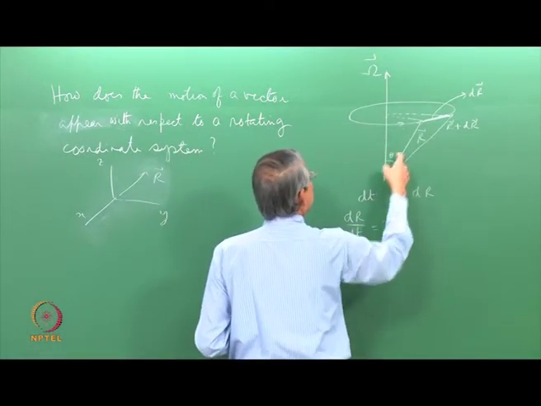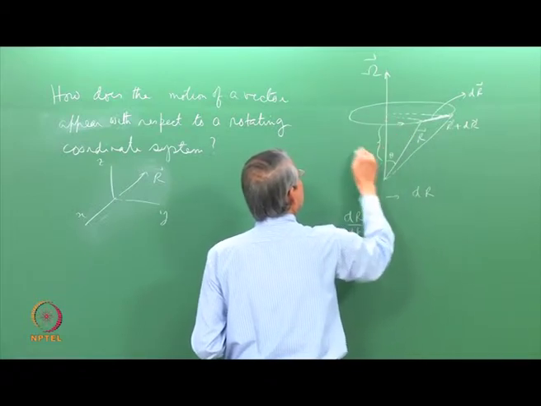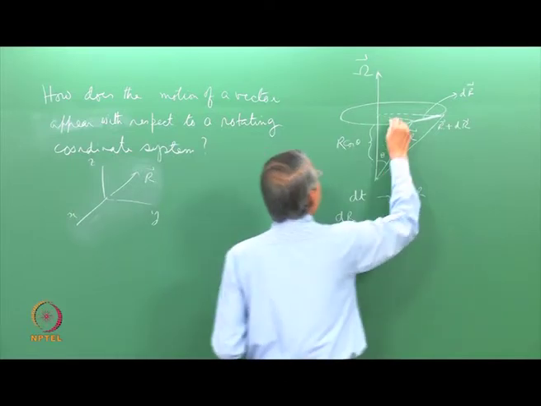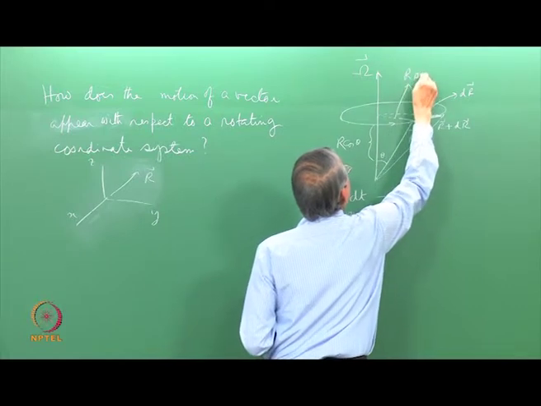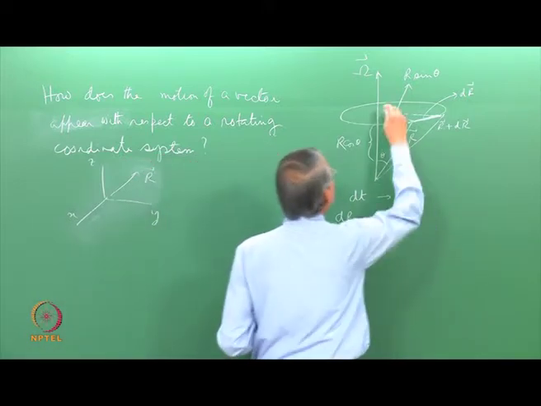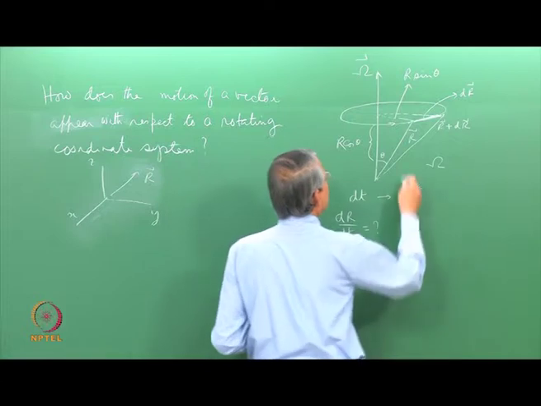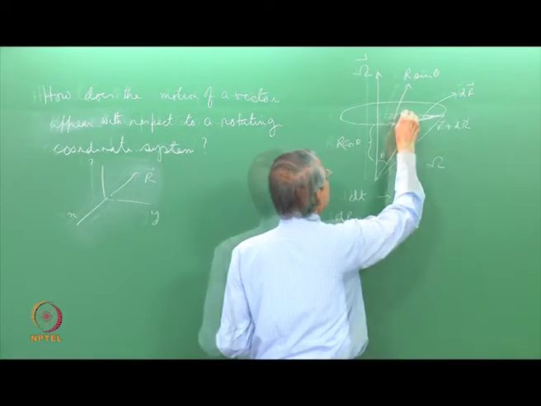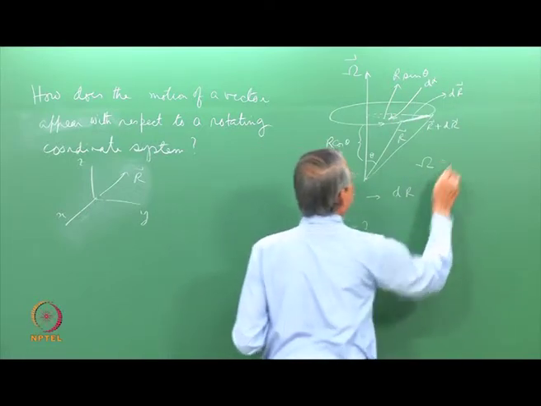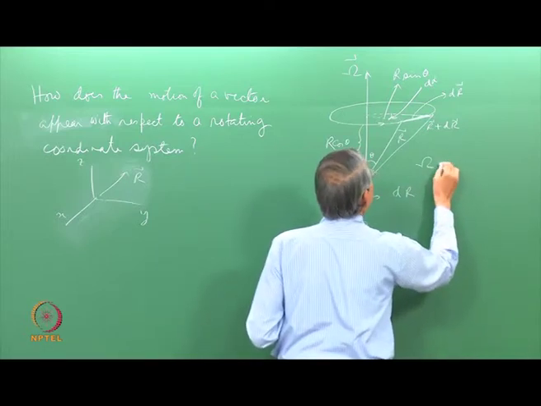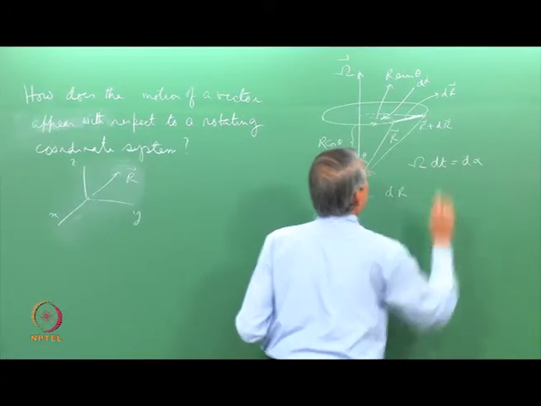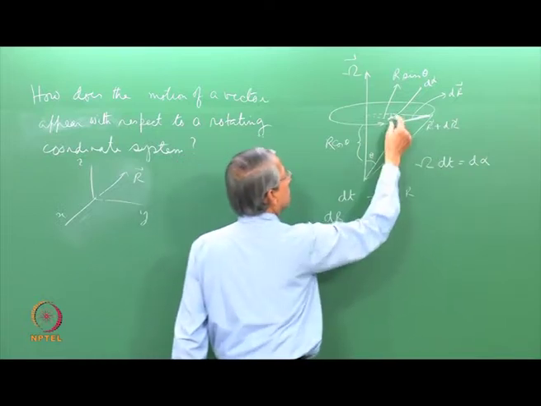So, from this angle, this magnitude is r cos theta and this magnitude is r sin theta. So, if the angular velocity is omega, then with time dt, this angle, put it here, this angle d alpha will be, this is actually equal to d alpha. This is the angular velocity at time dt, this much angle is formed here.